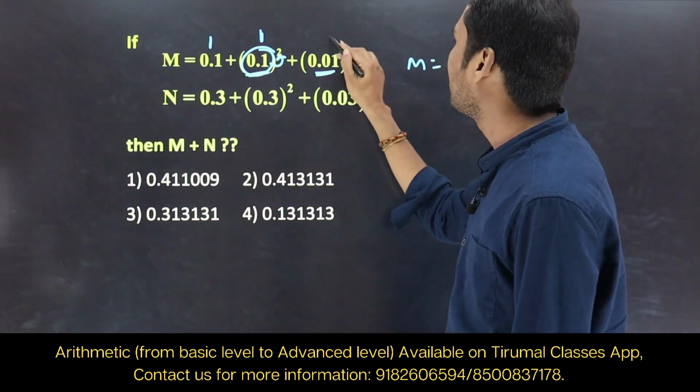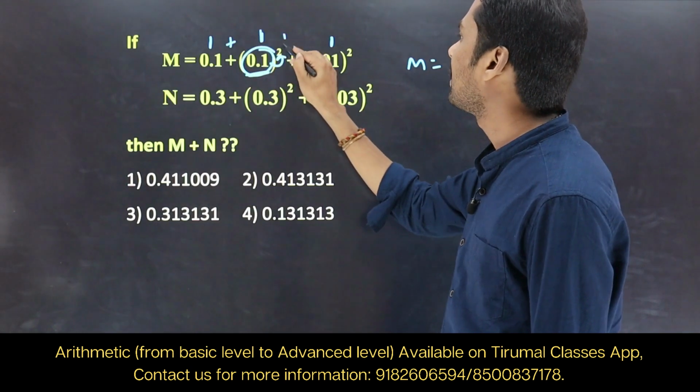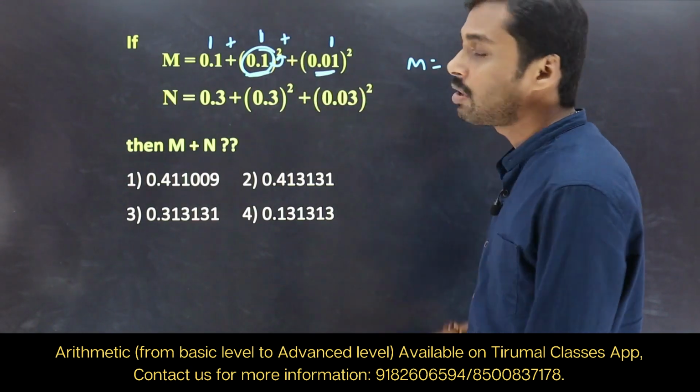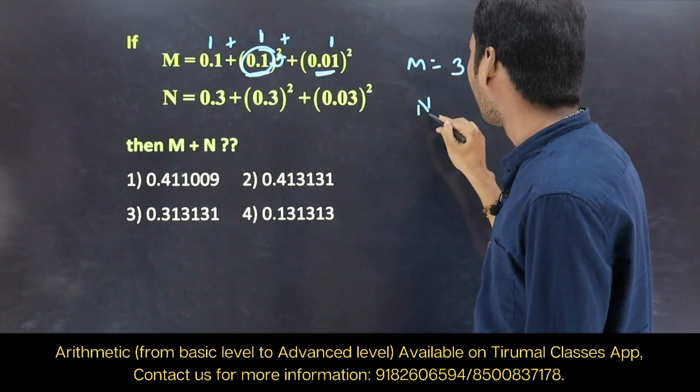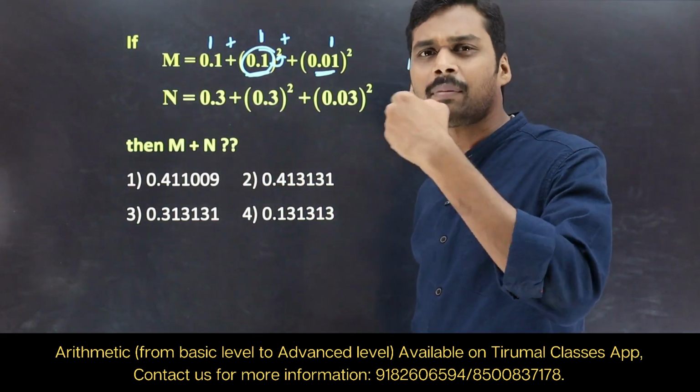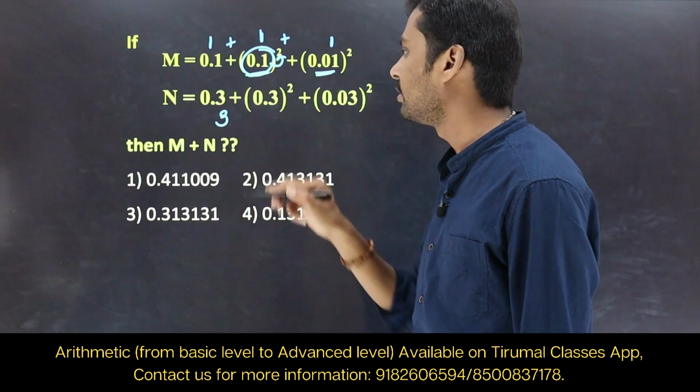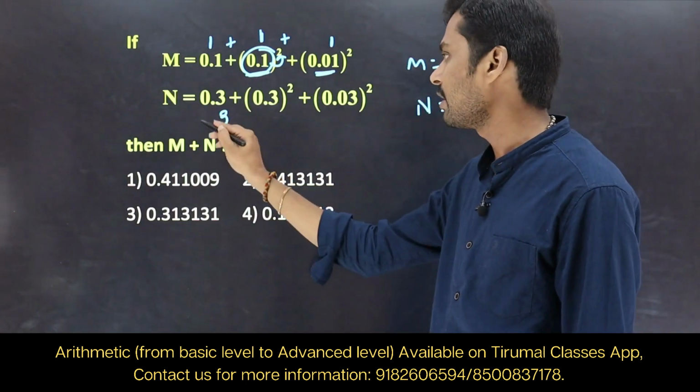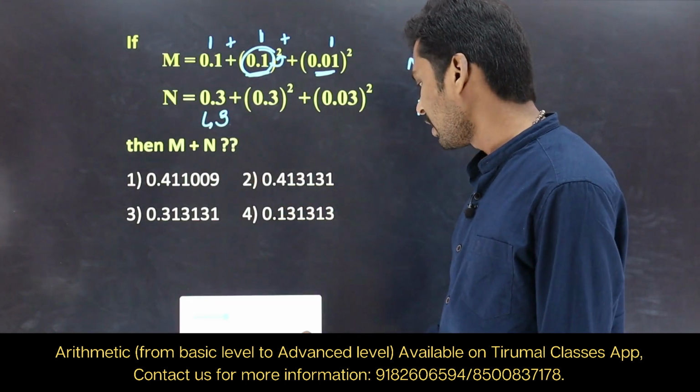1 only. 1 square means that 1. So what is the m value? 1 plus 1 plus 1. 1 plus 1 plus 1 is what? 3. And similarly, if you take the n value, what is the n value? 0.3. 0.3 means just forget about the decimal point. So you take that this decimal point value, this DS value is what? 3 directly. Now if you take the next value,